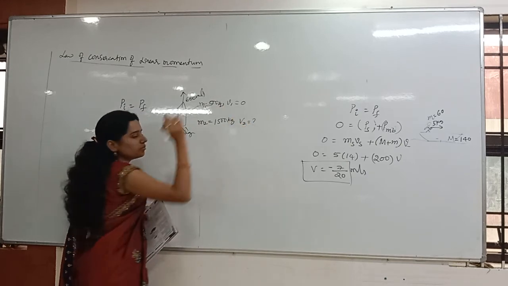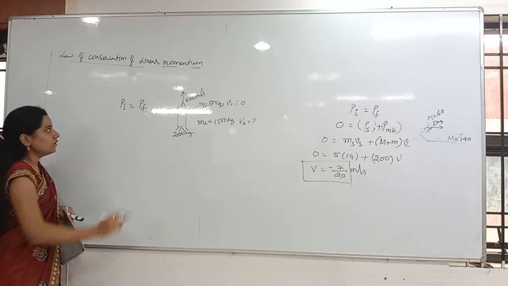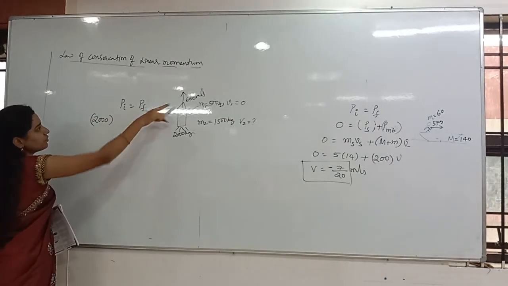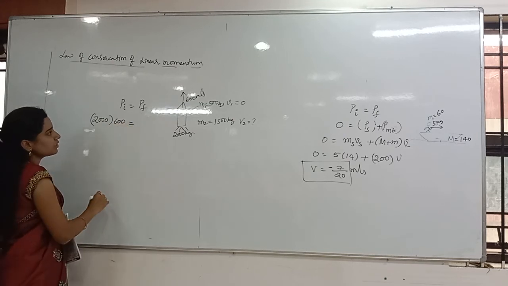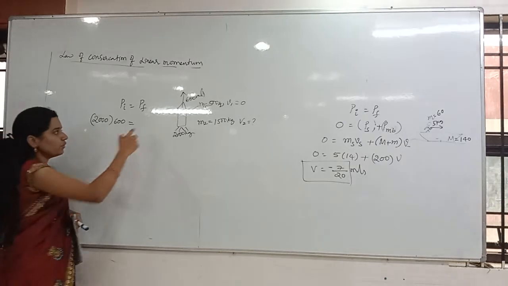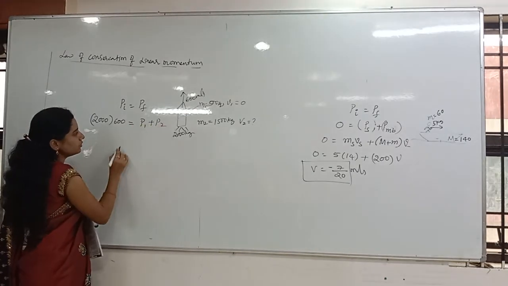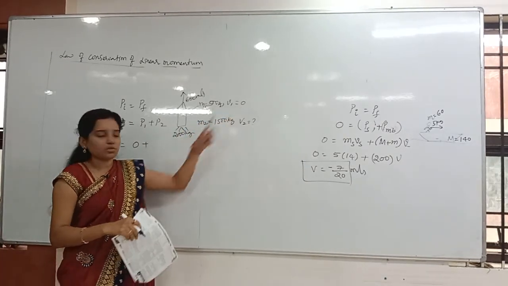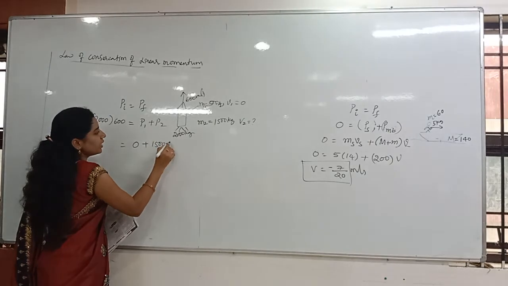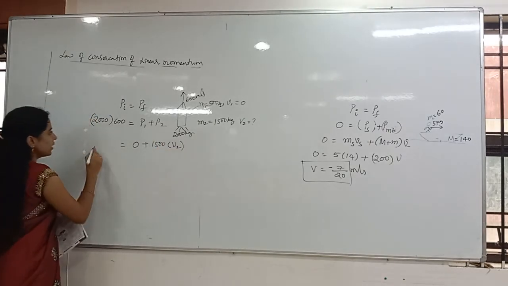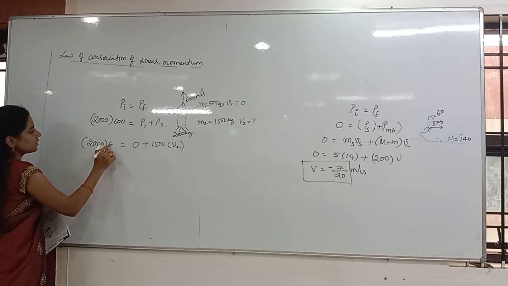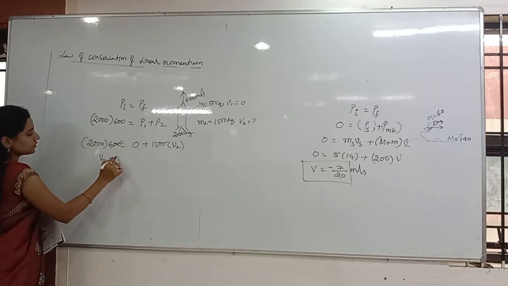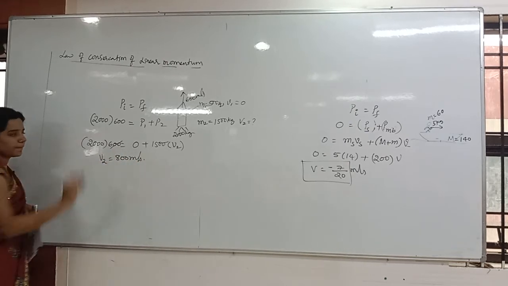With what velocity it will move, they are asking. Understand, right? Now, total momentum initially: total mass is 2000 kg before explosion, moving with velocity 600. That is equal to, finally, how many fragments are there? 2. First one is P1 and then P2. P1 is of course 0, since 500 into 0 gives 0. The second one is 1500 into the velocity v2 you have to find out. Then this is 2000 into 600. Two zeros gone, and v2 is 800 meters per second. That is the answer.